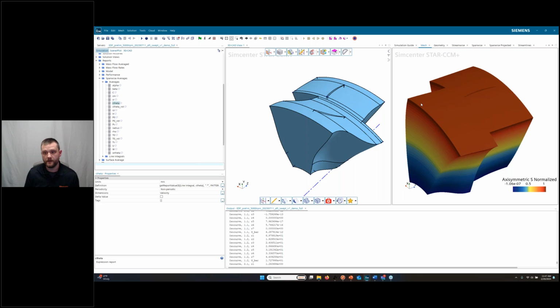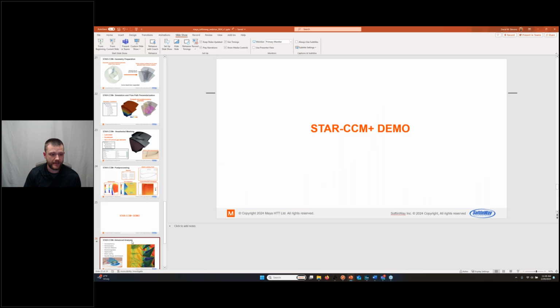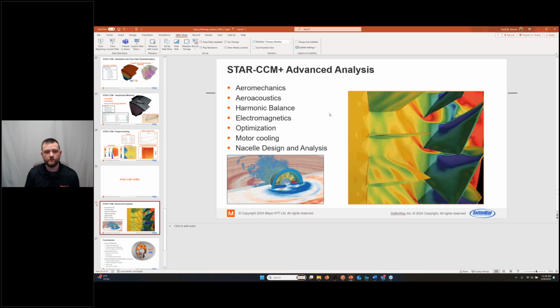This could be done for any type of turbomachinery. Siemens has a specific one that's already set up for axial turbines. That's extremely powerful. That can be done using curved geometry, whatever, and is highly automated. So with that, let's jump back to our slides here. This certainly wouldn't be the end of our simulation and studies in StarCCM for this type of application.